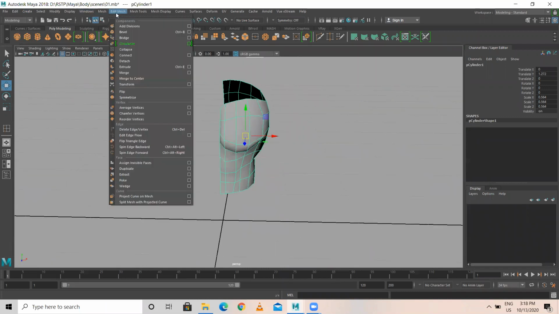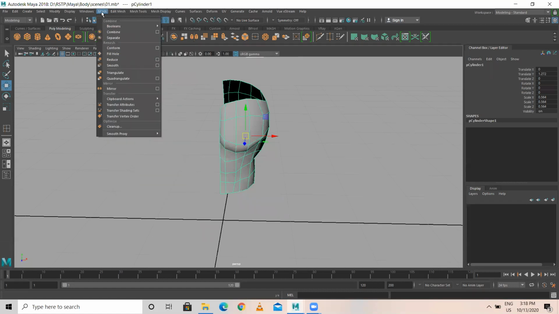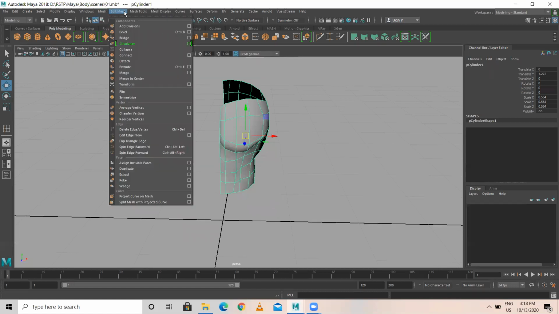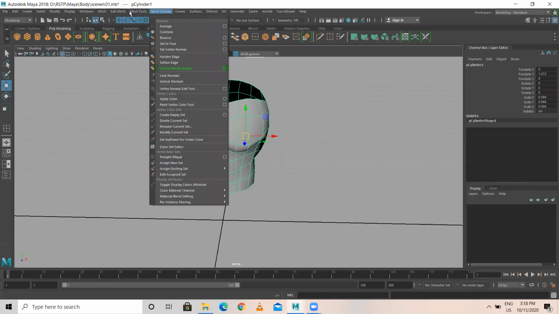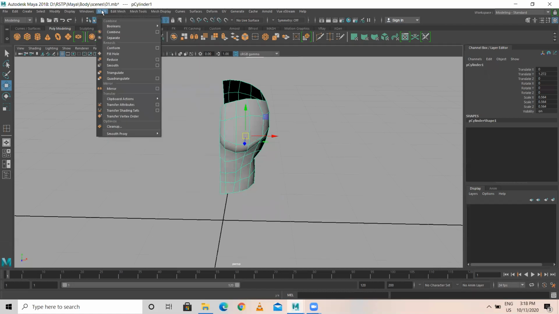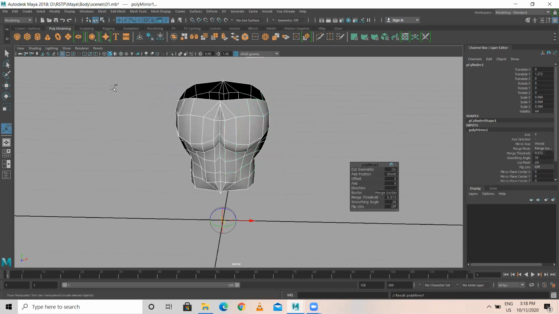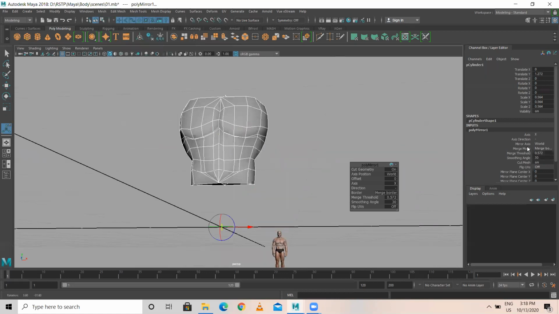Now what I'll do, I'm going to mirror from the mesh. This is looking something like this.